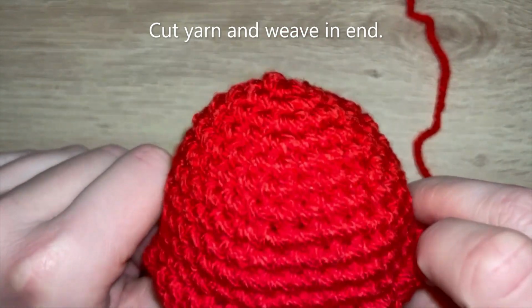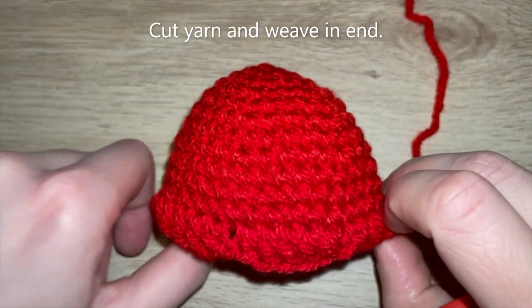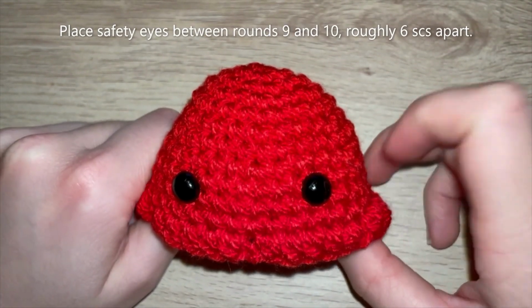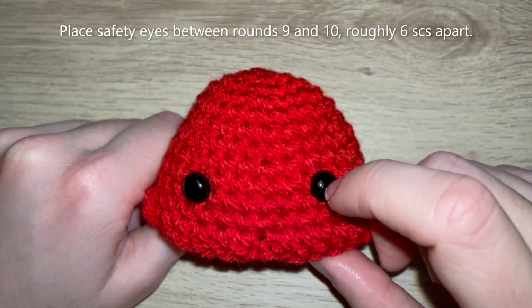So our next step is going to be to add the eyes and the mouth. So grab your black embroidery thread and your black safety eyes. So the first thing that you're going to want to do is place your safety eyes. So if you want it to look like mine, then you can position them between rounds 9 and 10, roughly